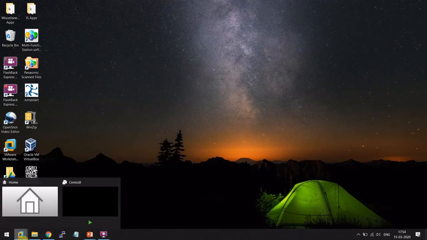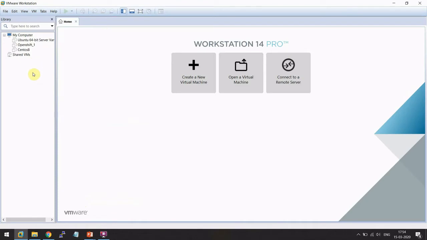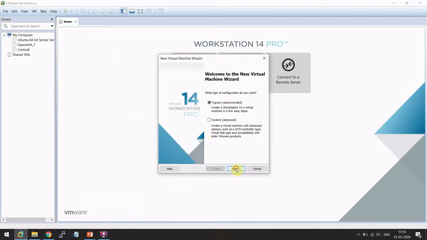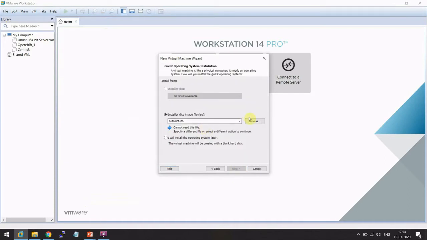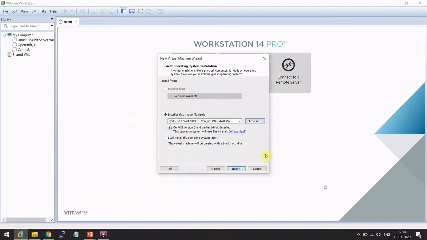I'll be using VMware Workstation here, and let's create a new virtual machine and install OS, and we'll be installing CentOS 8. So what we'll be doing is create a new VM. Next, we'll also need an ISO. We'll choose CentOS 8. Next,